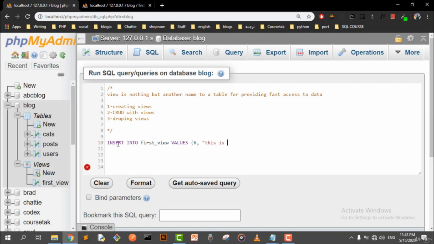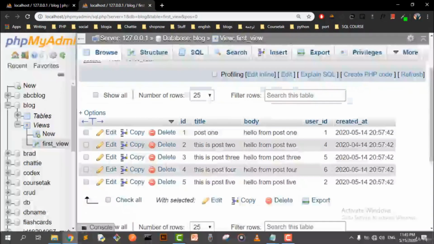You can type whatever you want. This is post 6. Hello. Alright, from post 6, we are gonna close this, and the last one we have right here is, let's say we have